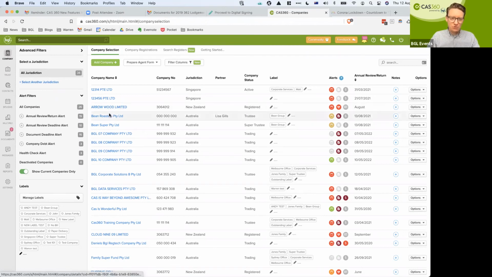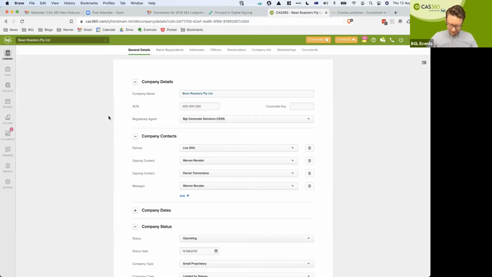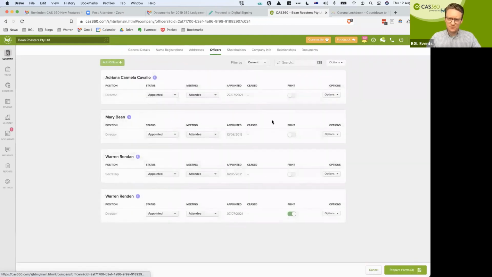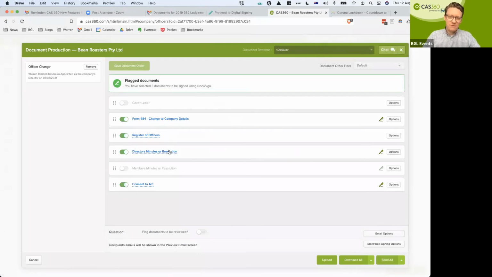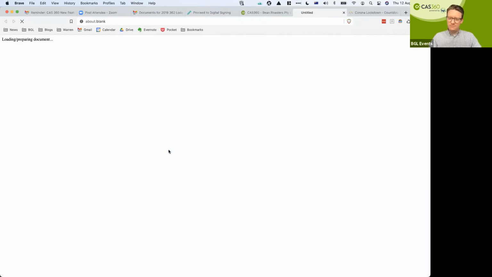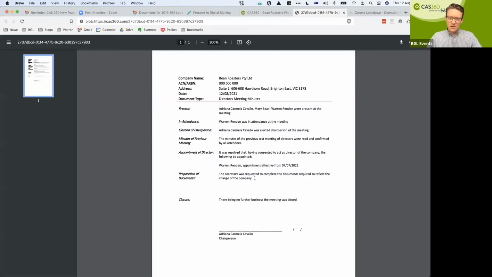So if I jump into my company, and my officer here, I've got myself being appointed as director on the 7th of the 7th. I can prepare the forms. And if I have a look at my director's meeting minute, you'll notice that we now have a nice sentence there that says Warren Rendon, appointment effective from. So what that is there to do is to show you quite clearly in the default minutes, the effective date